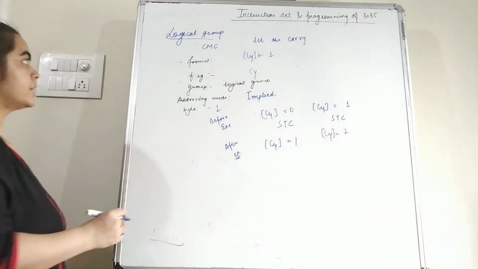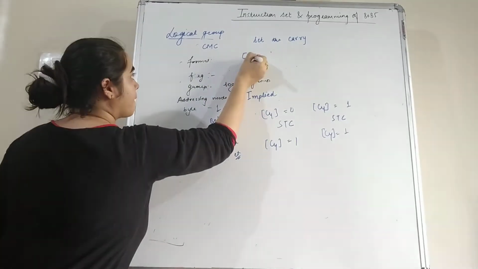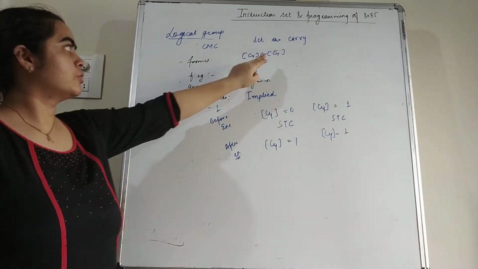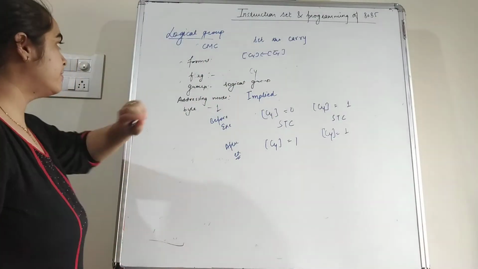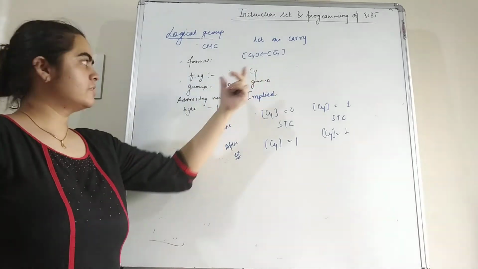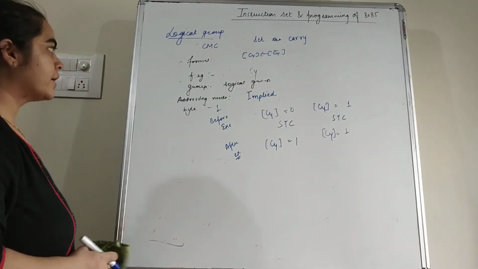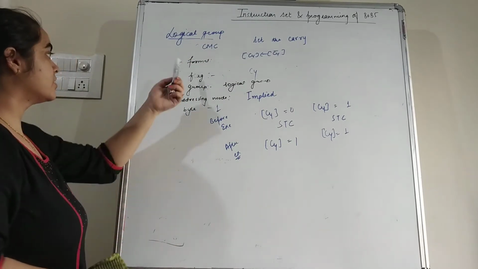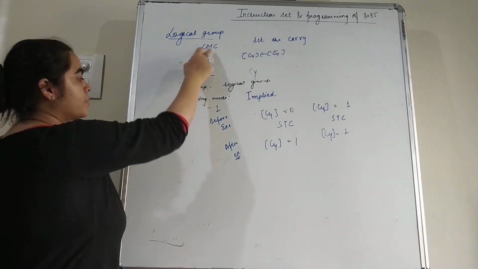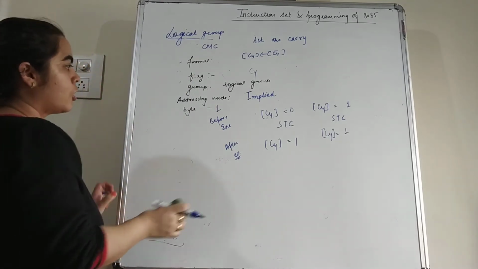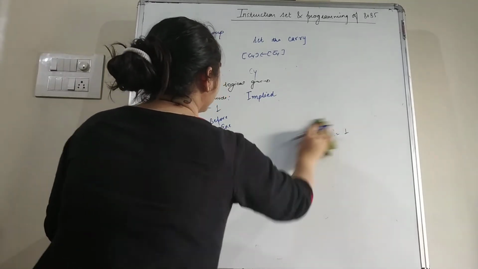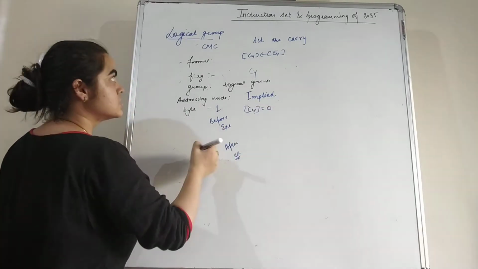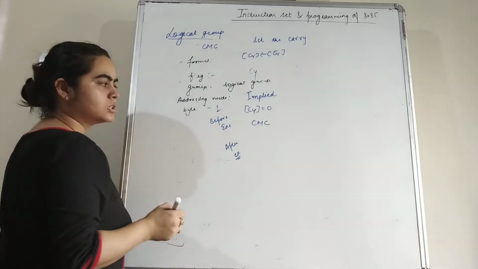Complement the carry means we complement the value of the carry and save it in the carry flag. The flag affected is CY, the group is the logical group, and the addressing mode is implied because again nothing is specified in the instruction. The bytes occupied by this instruction is 1. Now we can see it with the help of an example. Before execution, suppose the value in the carry flag is 0, then we apply this instruction CMC.